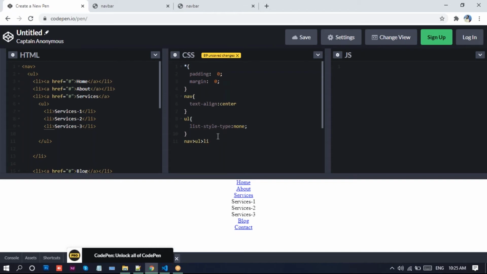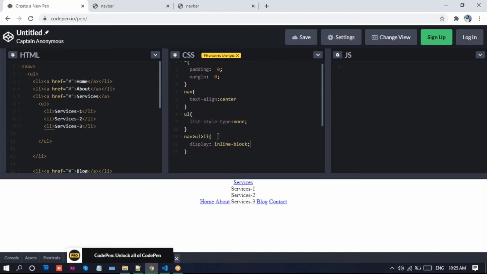I'll take nav UL and LI in order to select these child elements. Here I take display inline-block, and at the time of the drop down, I'll take the positions.